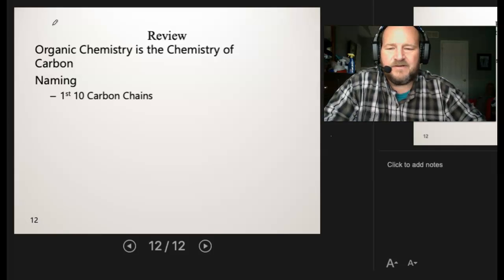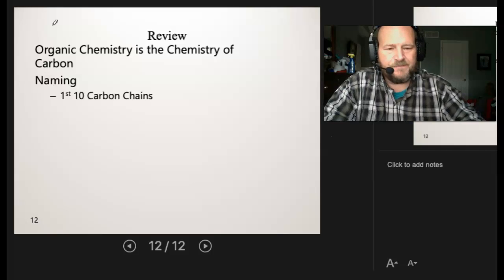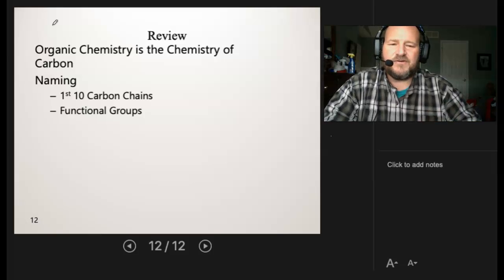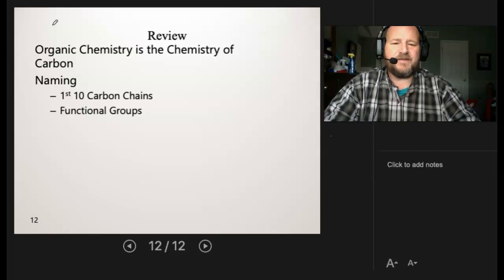There's a lab that's attached to this week's lessons. Make sure you look through that lab. It's a dry lab. And again, it's going to help you practice your drawing, both condensed and expanded formats. The only other thing you have to be able to do out of this chapter is pick out those functional groups. And again, only the functional groups that we just went over. So while there may be other functional groups out there, those are not ones you need to concern yourself with.